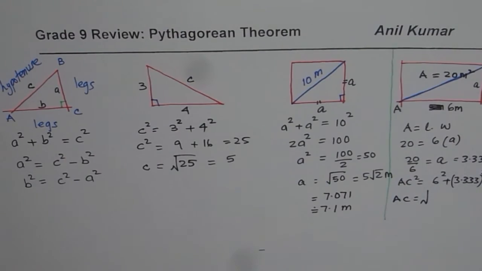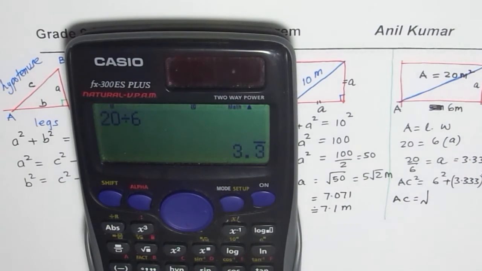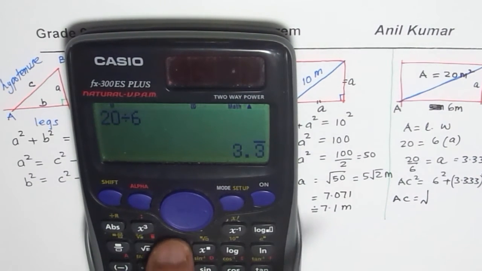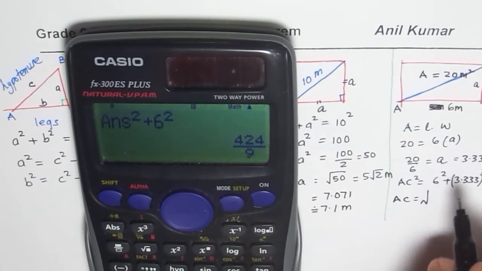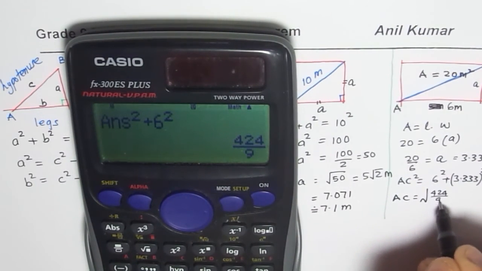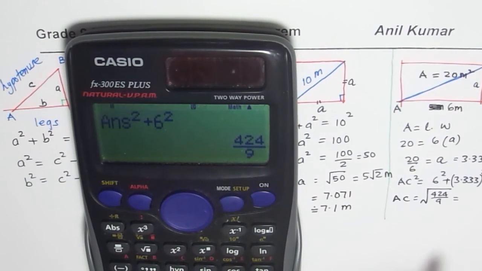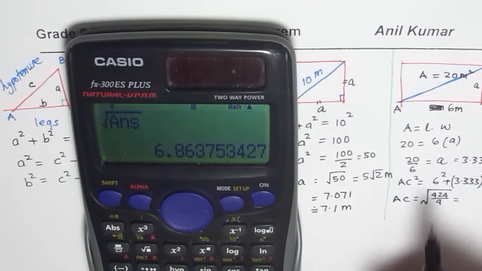So let us use calculator once again. Purposely I have kept this 3.33. Do you see that? Now I will square this, so that is answer square plus 6 square, 36, okay, equal to. So we calculate this value. Again I am keeping it in fractions. And then I get 424 over 9 as my fraction. And then we will do square root of this answer, right? So we do square root of the answer and then see what this is equal to. Now this time let's convert to decimals. So we get